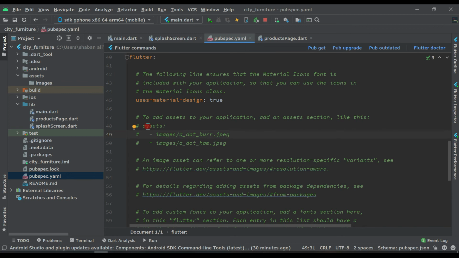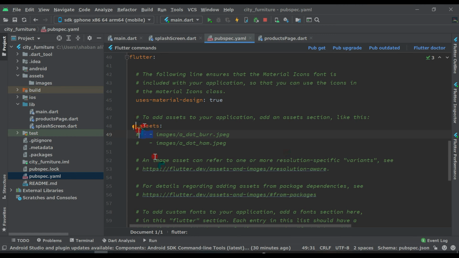It should be in the alignment of this line, and the dash should be below the second dash, aligned in the same way as I did here. You cannot give extra space here, it should be as you can see, and below this, assets images like this.